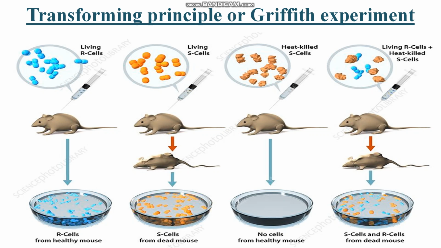Smooth shiny colonies are called smooth strain. So there are two strains of bacteria. One is smooth and one is rough strain. So what's the meaning of rough strain and smooth strain of bacteria? The meaning is that in case of the S strain or smooth strain of bacteria, they